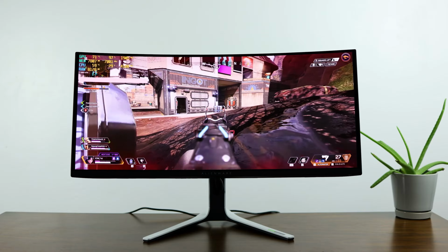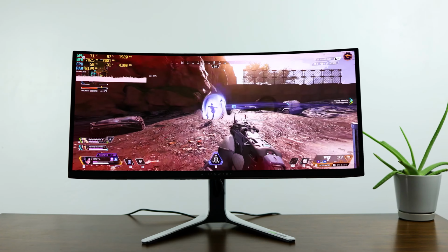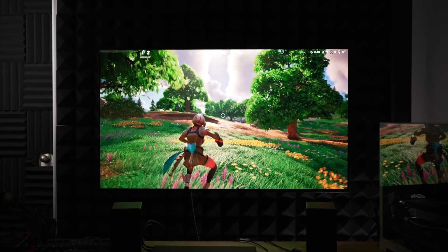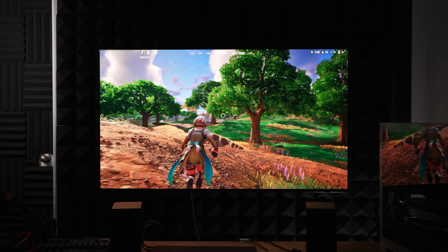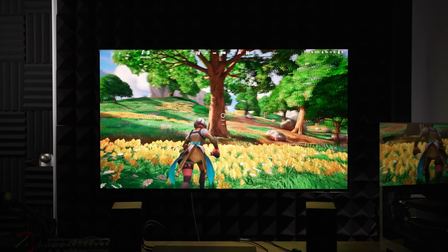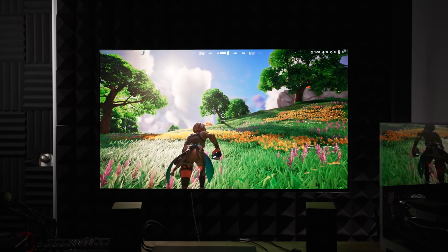And that's where we land at number 1. And I know this will be controversial and is definitely a stretch to call a monitor, but god damn it, it's by far the best, and it's what I'm using as a monitor, and it's the Samsung S95C at 55 inches. Yes, the size is silly, but if you can manage to make some room for it and maybe wall mount it, not only can it get insanely bright at over 2000 nits peak brightness after an overclock, and compared to most OLEDs that top around 800 to 900 nits, it's an absolute blowout, but it's also 4K 144Hz,